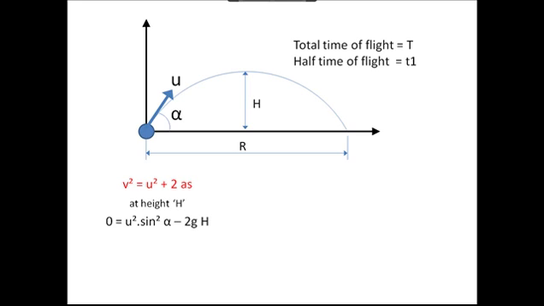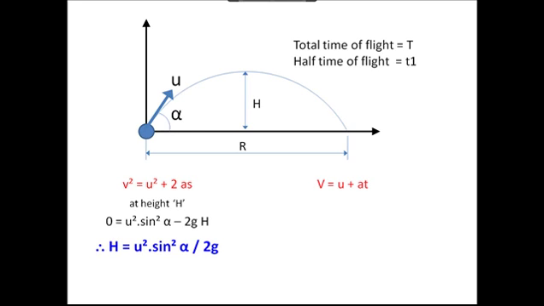It can't go any further. So v is 0. u is substituted as u sine alpha, because that's the vertical component, and a is minus g here, because the particle is trying to go up and g is pulling it down. So you have your expression for the first parameter,